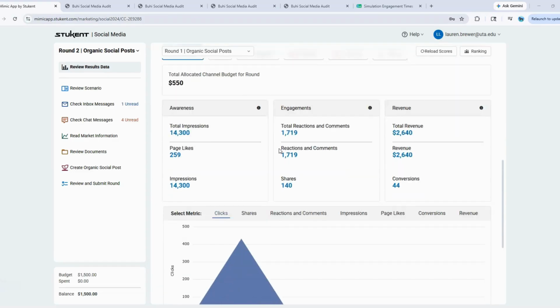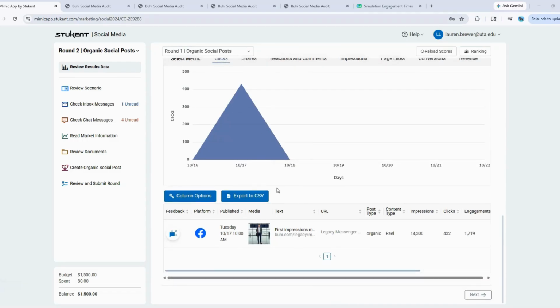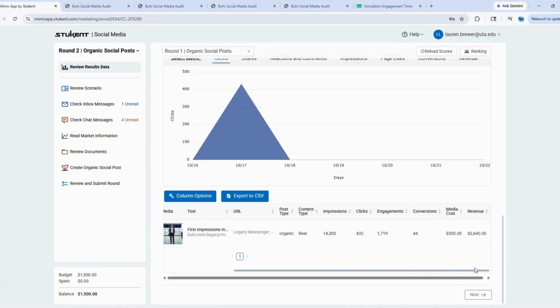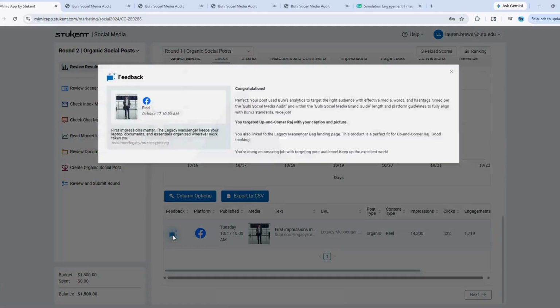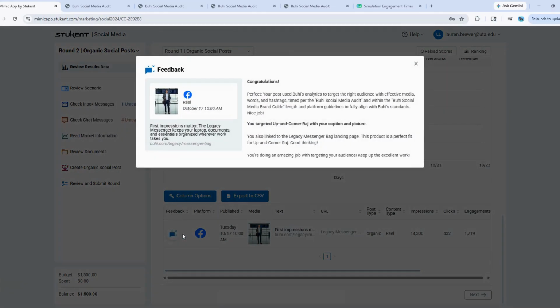So here I'm on Facebook and I have my post. So I created one Facebook post Tuesday, and this gives me all the information about that one specific post. Now I want to click on the feedback. So the feedback is provided from Stukent that tells you things that you did well and areas that you can improve.